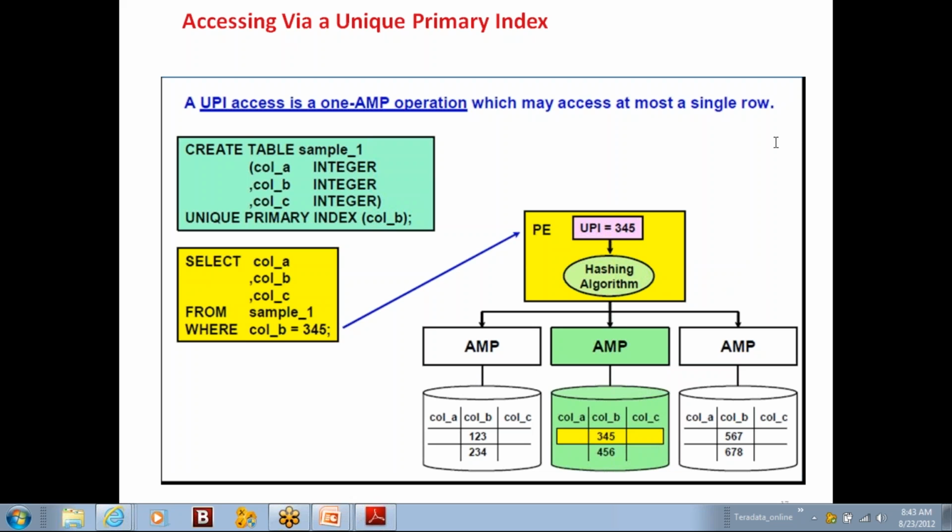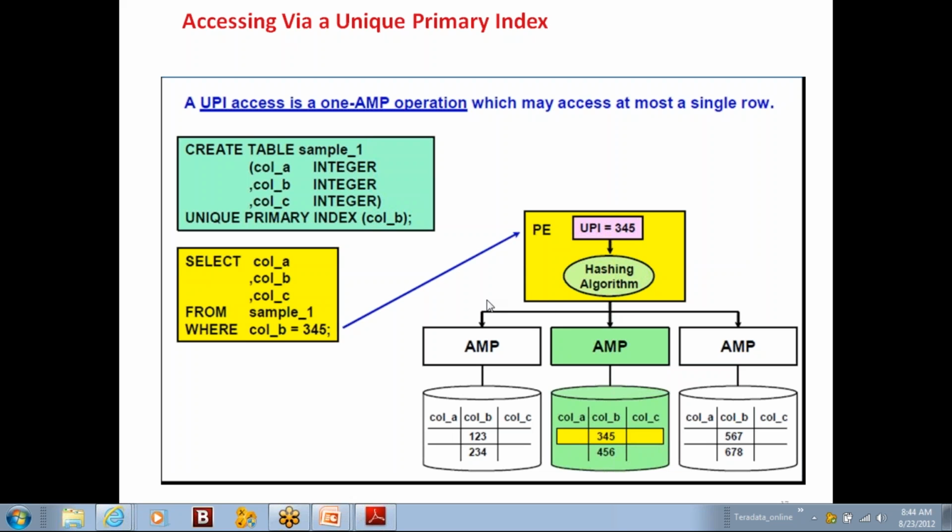And the other question, since the primary index plays the role in data storage on AMP, in the case of no primary index defined on a table, how is the data distributed across AMPs? In case of no primary index, a random number is generated by the hash algorithm, which would be unique to distribute across the AMPs.